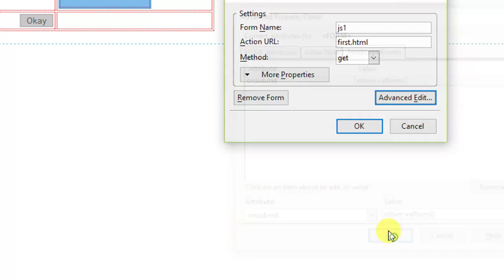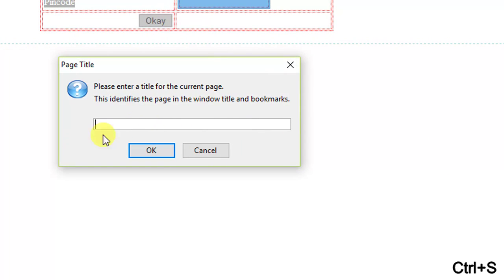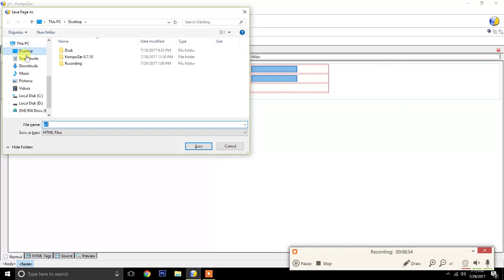So now let us save it, and save wherever you have saved the file which you have specified in an action attribute. I am writing js1. My first.html is on the desktop, so I will save it on desktop.